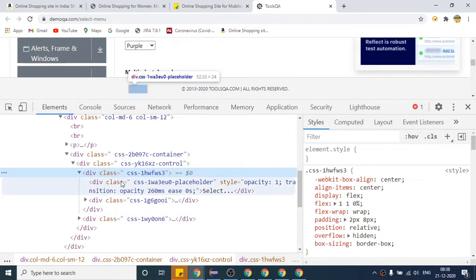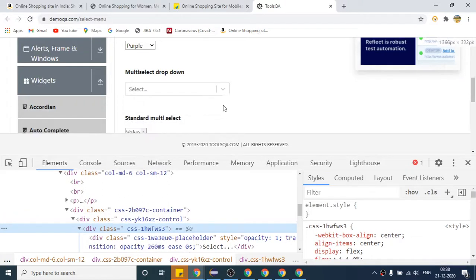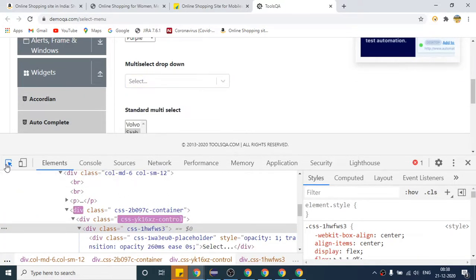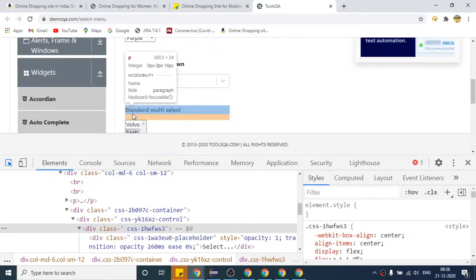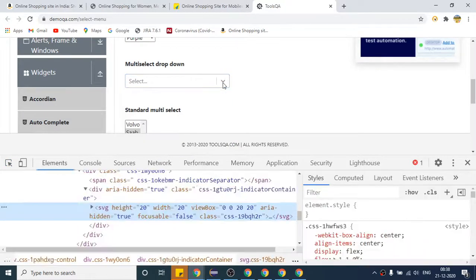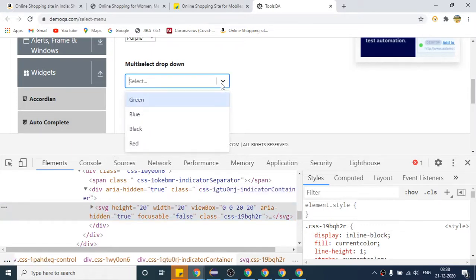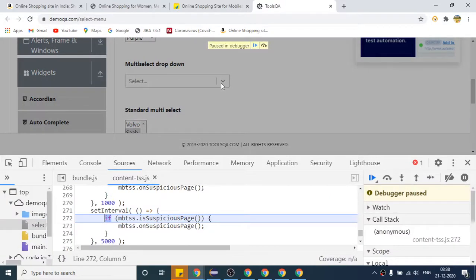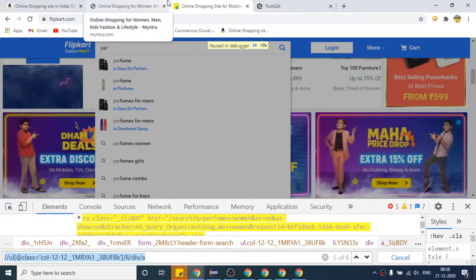Let me first open this multi-select, then let us see whether we are getting some property. If I click this and inspect this, again this will not allow me to highlight the box. So again I will click this and press F8. Hello. Yes, I am able to hear. So you can check whether there is any property or not. Yeah, I'll do that.